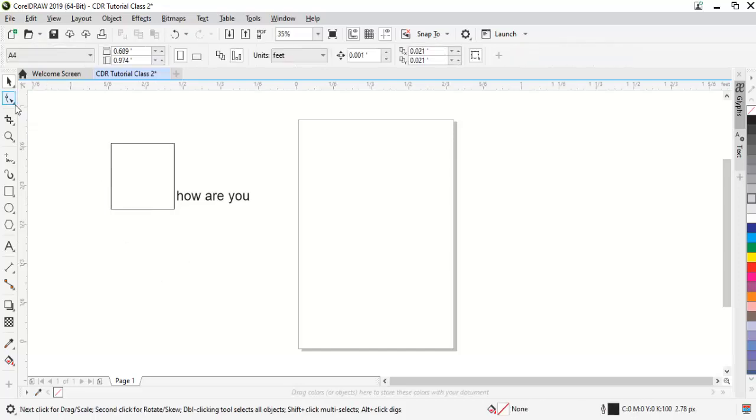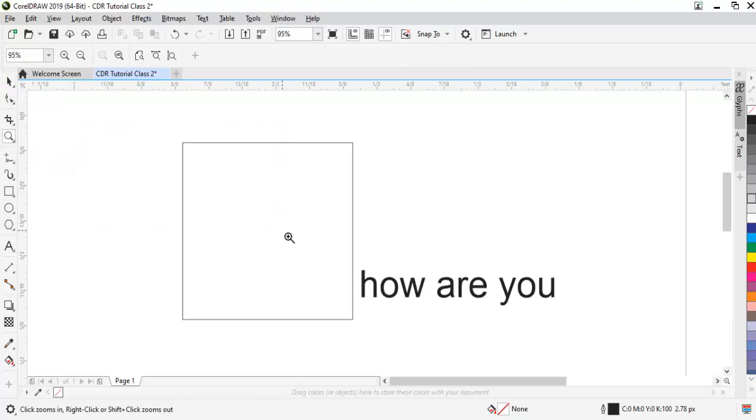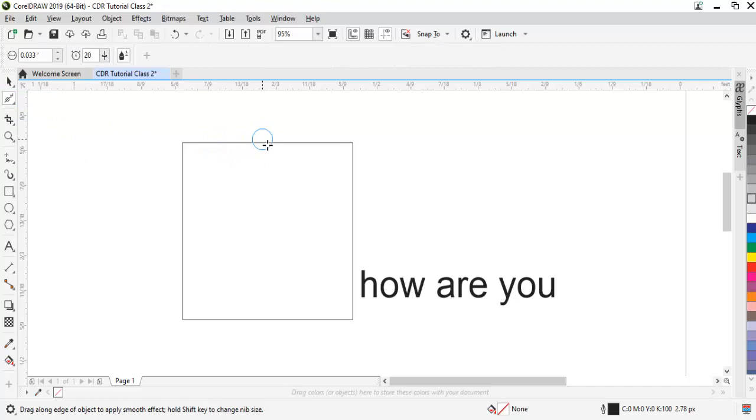Now the next thing, if you check down the shape tool, there's a drop down button there. If you click on it carefully, you'll find all the tools in it. Let's come closer so you can see what we are doing. Now this is the smooth tool. As the name implies, it is a smooth tool. What it does is that, if I had some rough edges,